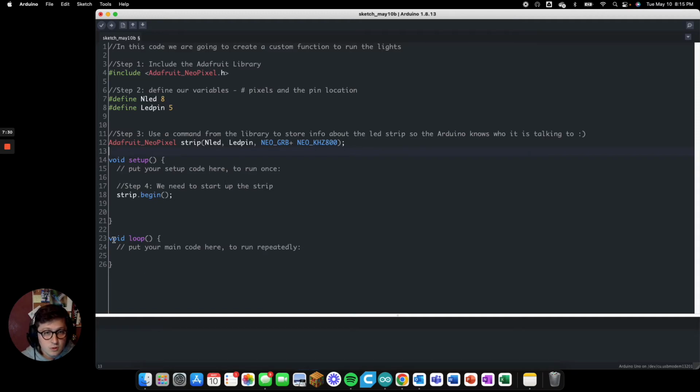So in this code, we're going to skip over this entirely, over the void loop. So we're going to go down below void loop. We're going to make our own void. That's right. We are venturing into our own void now. Okay, and let's call our function color wipe,